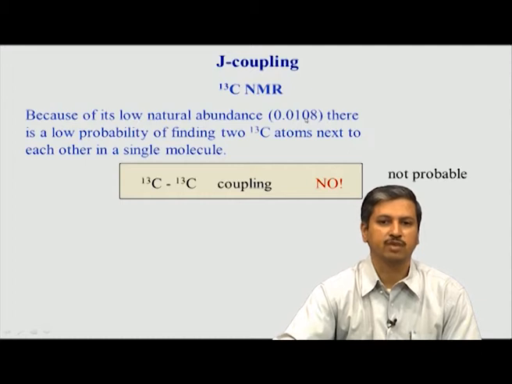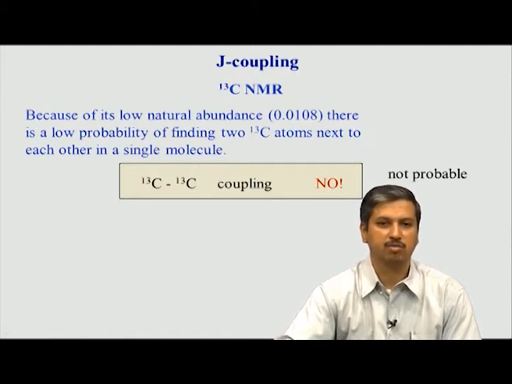So, that means if I have 1% carbon-13, the probability that I will find two neighboring C13 carbons will be 1% of 1%, which is 0.01%, very low, that is 0.0001. So, that means in only 1 in 10,000 cases will I find two neighboring carbon atoms that are both carbon 13. That means you can never practically have two neighboring carbons as carbon 13 at natural abundance. Remember, you can always generate a carbon 13 labeled molecule.